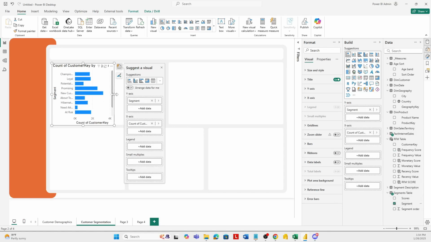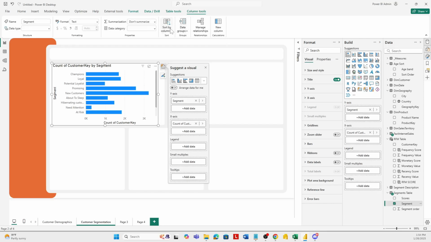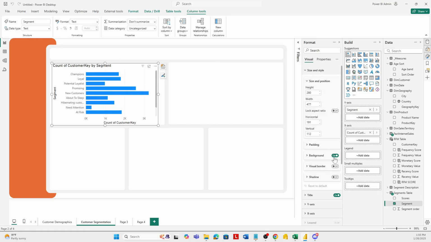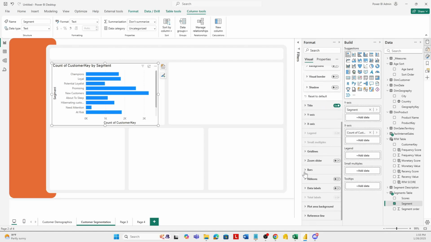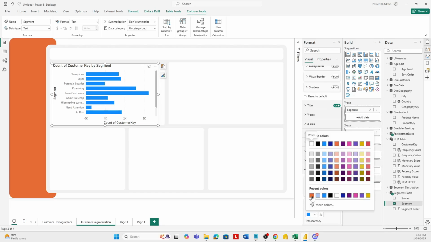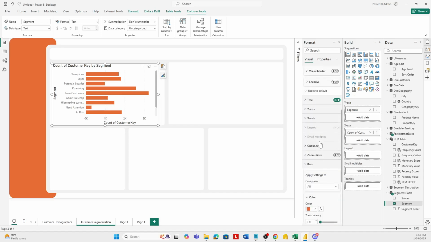So right now we have it in this order. If you don't have yours in this order, this is because I have sorted this column by segment order. Just click on segment, click on sort by column, segment order, so that you have from champions down to the number of lost customers. So I'll edit this, click on remove the background, and the color of the bar, I want it to be this shade of blue. Then the title,